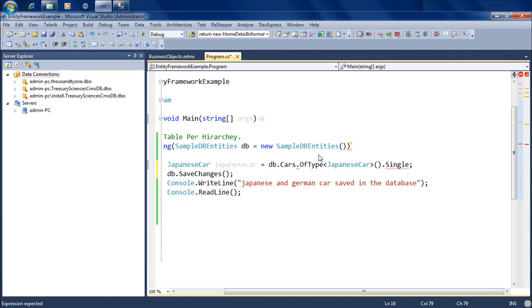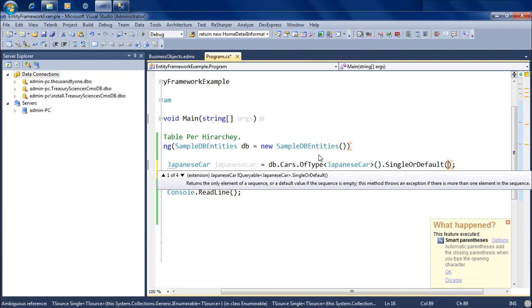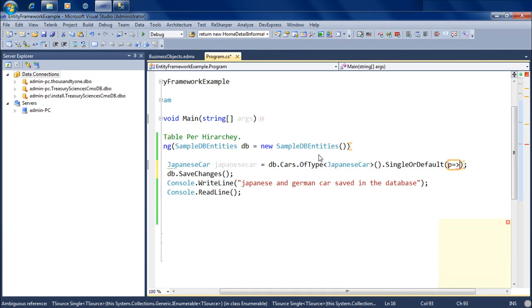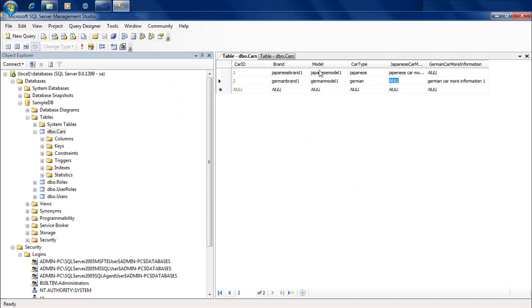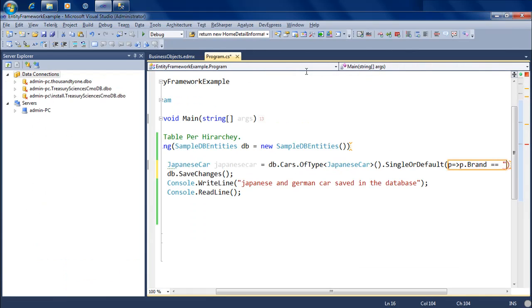where the brand name is equal to Japanese brand 1.